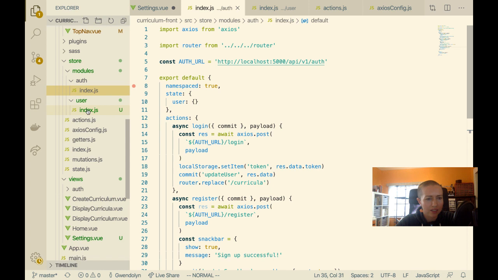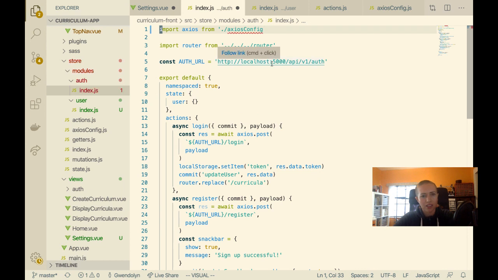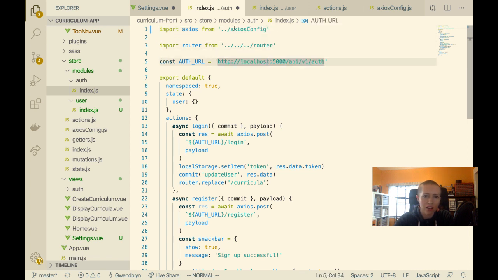Let's see. How am I importing it in actions? Oh yeah, I'm importing Axios from Axios config. So let me go ahead and change that. That's something I need to do anyway. Except it's up a directory now, so it'll be that. Okay. And then this auth URL. Slash auth v1 slash auth. Okay, so that will be